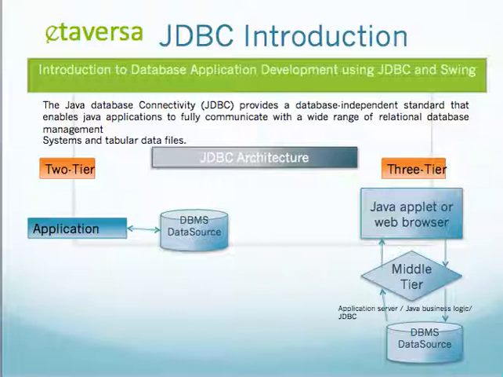And then JDBC can be used in two ways. This is what we're going to do right here: develop an application connected directly with the data source. But in other ways, you can also have a middle tier which receives requests from applets or browsers, processes them, sends them to the data source, and then processes the result and sends it back to the application or the client. In other words, 3-tier and 2-tier